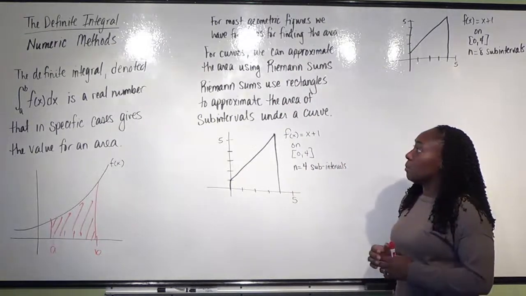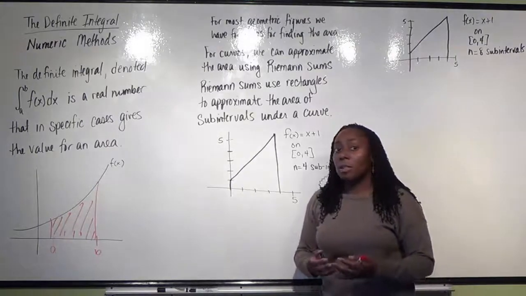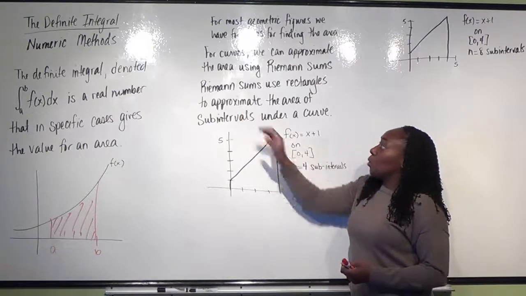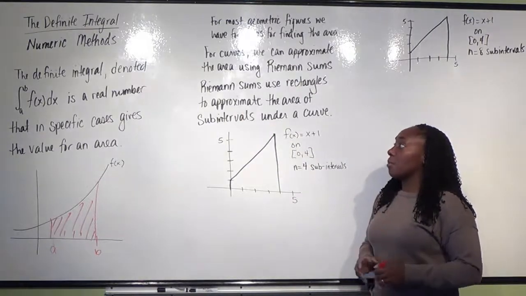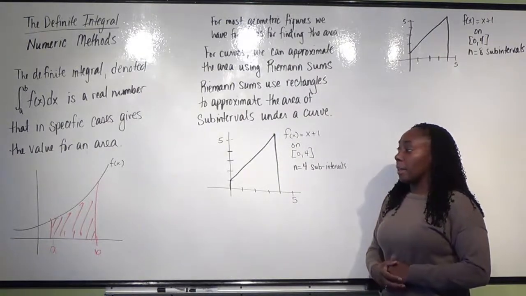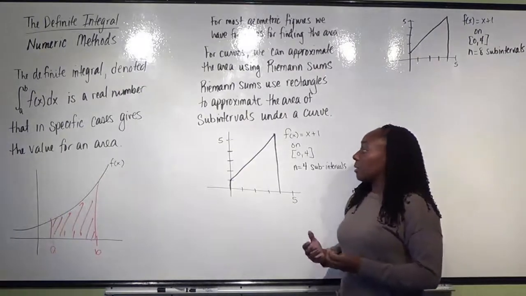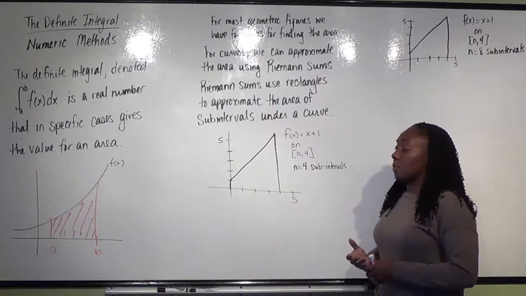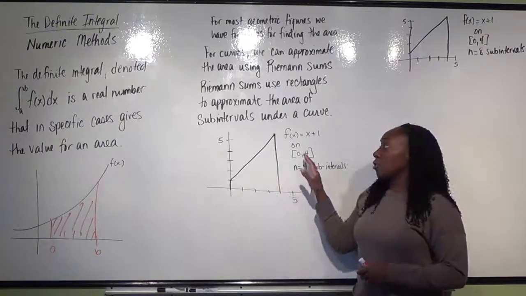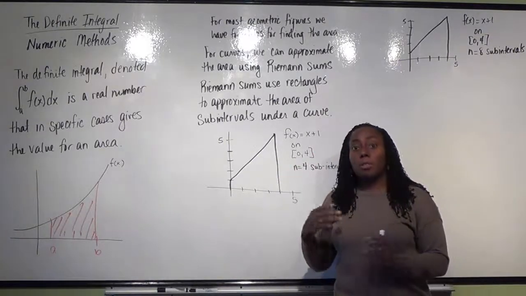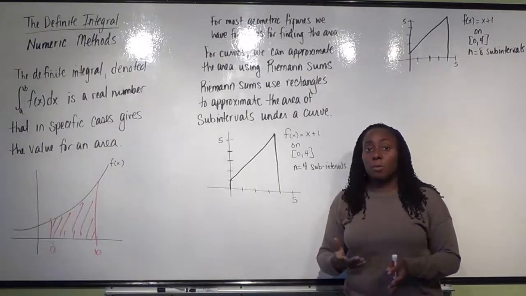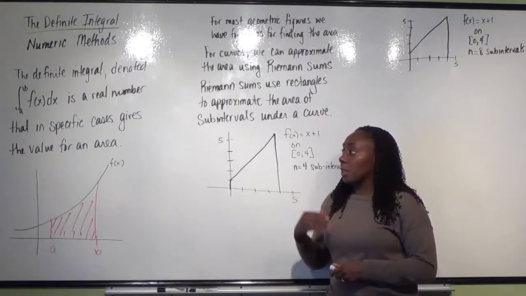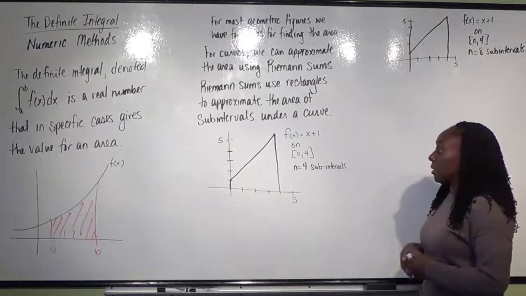Okay? And Riemann sums basically use rectangles, which we know the formula for to find the area, to approximate areas of subintervals under a curve. Okay? And to make that more clear, I have a couple examples here. We're going to take a really nice function. So obviously all of our functions are not going to be this nice, but we're going to start with these just so you can get the idea of what we're talking about. And as we move forward with these, we'll get into some of the other methods that relate to these numeric